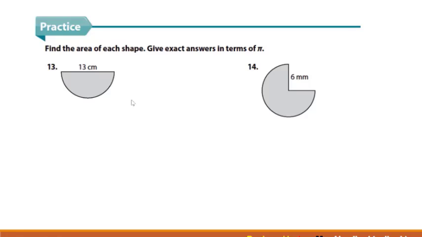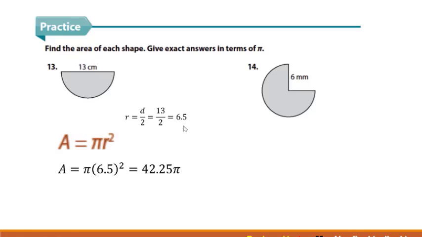Maybe I need to find half of circle. How I find half of circle? We have to find the area of whole circle first. So to find the area, we find the radius first. Diameter divided by 2 will be 6.5. And my area is pi r squared, because I need the area. Then I change my r by 6.5 power 2. This is my answer for the whole area for whole circle,